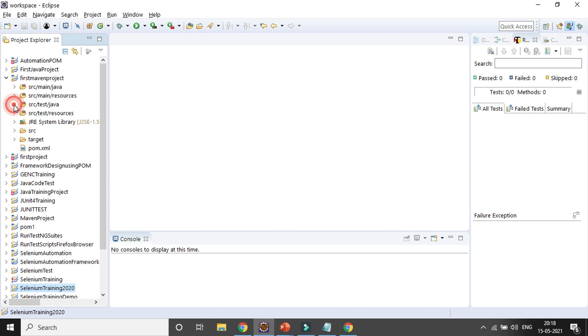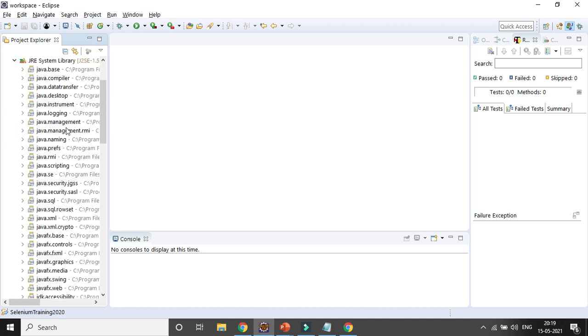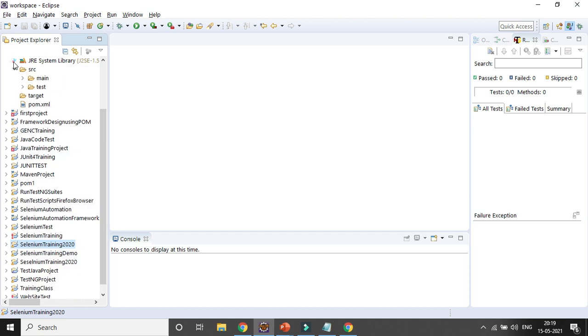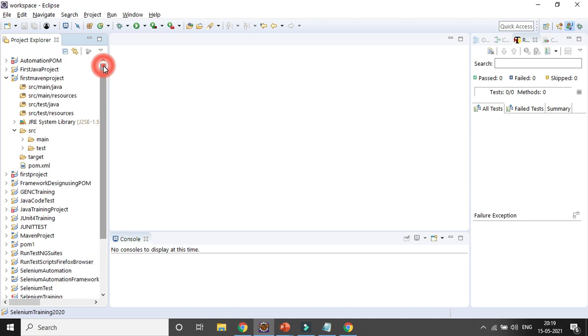If you expand it, nothing will be there. I will tell you, whenever I create a framework from scratch, what the objective of each and every folder structure is and how you can use it. But for now nothing will be available. Here you can see all the Java dependencies already added, because whenever you use a Maven project, all the Java libraries will be added here.